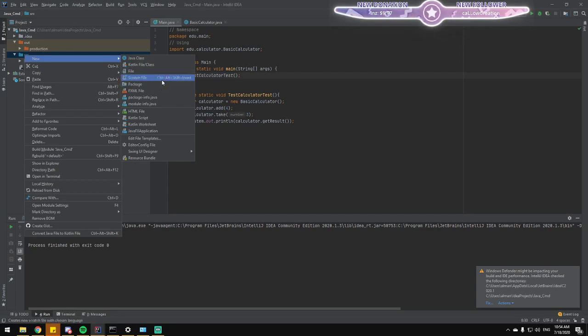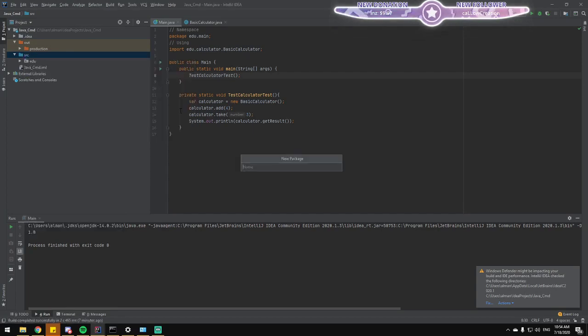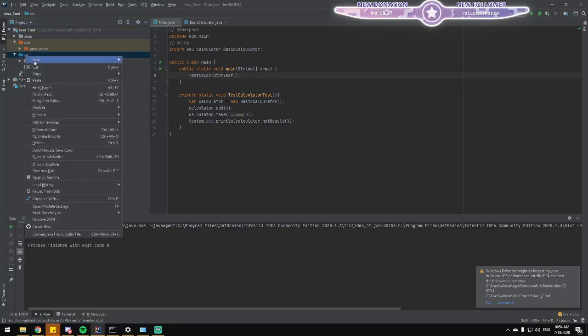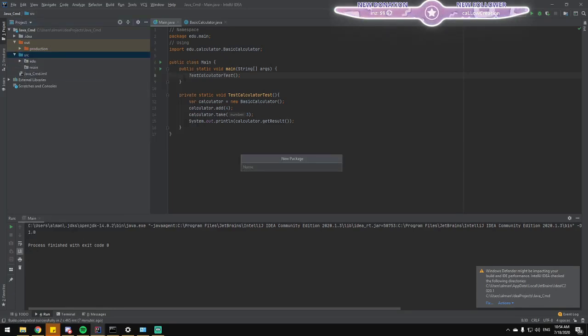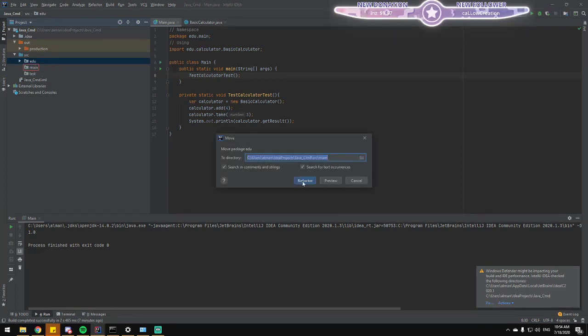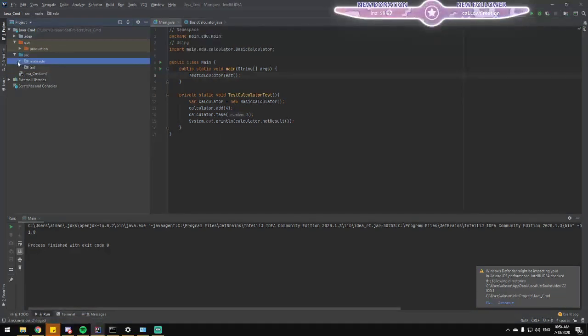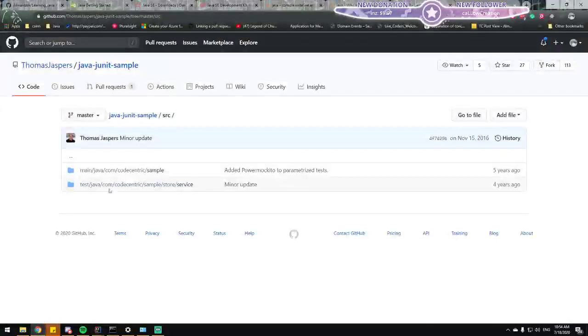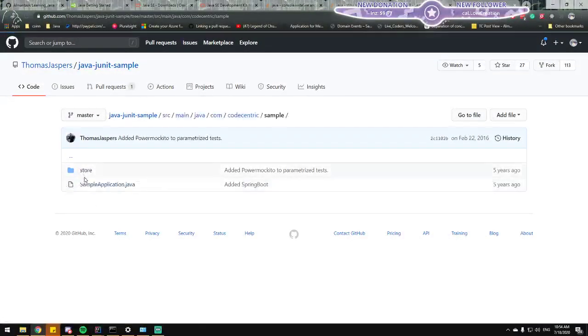Are they packages? Are they what? Because I do like the separation of source and test. So if I put it here, it kind of messes up the structure a bit.